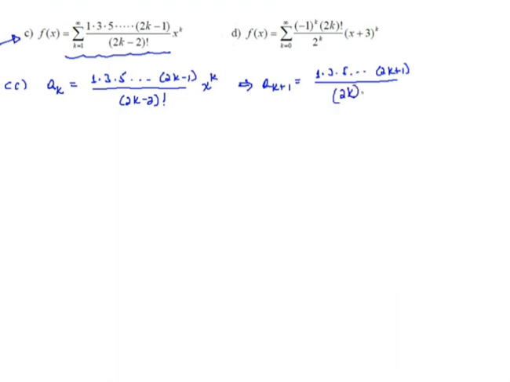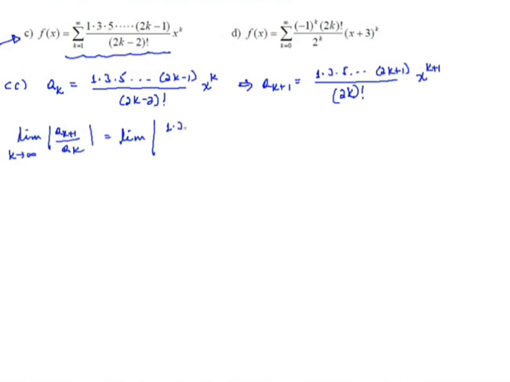Okay, 2k factorial times x to the power of k plus 1 ይሆናል። Okay, so we have this thing. So we use the ratio test, the limit of the k plus 1's term over the k's term as k approaches infinity ምን ይሆናል የሚለውን እናያለን።